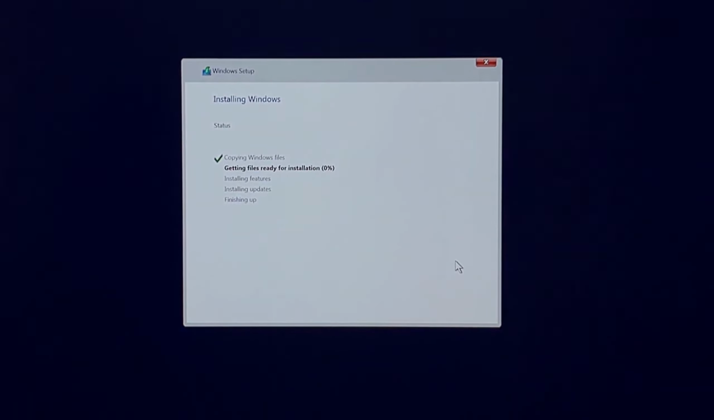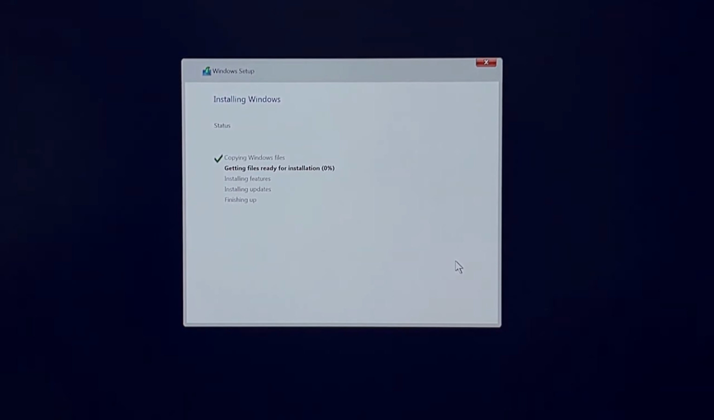If you have any difficulties installing Windows 11 or want to know the correct way to clean install Windows 11 on a new PC, then watch